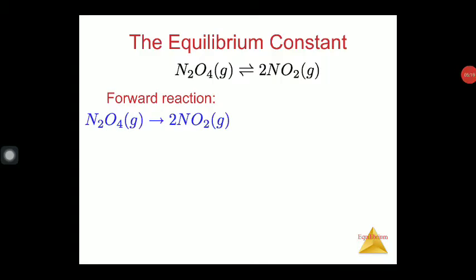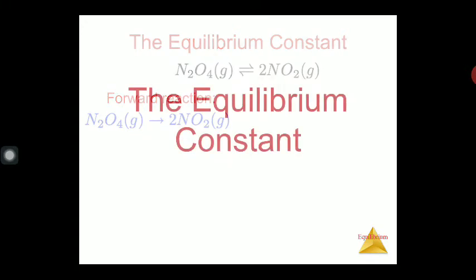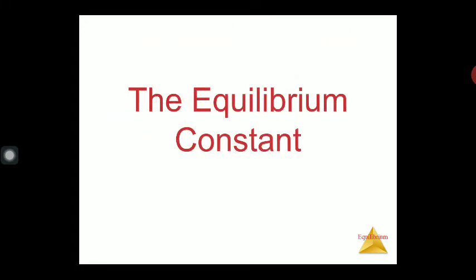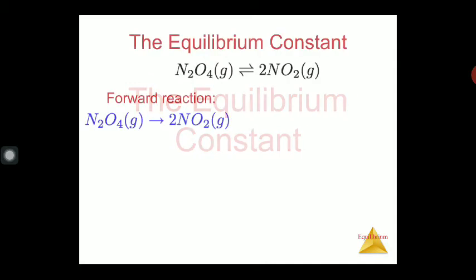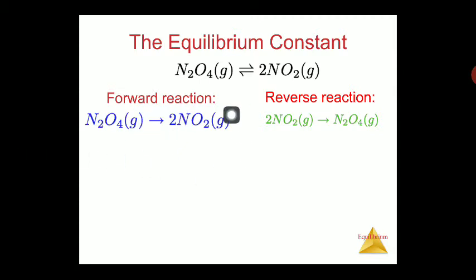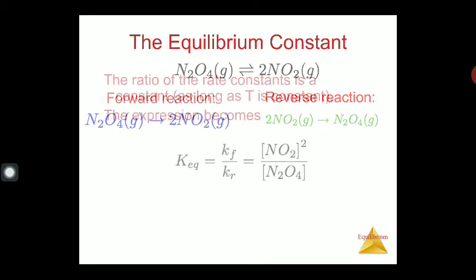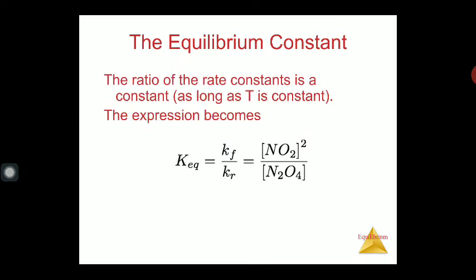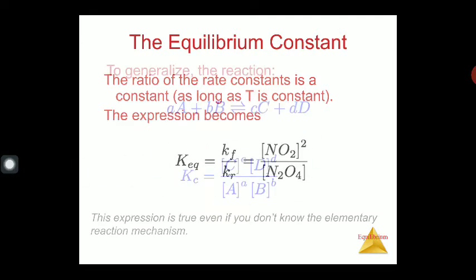After the types of the equilibrium constant, the Kp and Kc, now we have to discuss some of the examples of the equilibrium constant. This is a reaction, N2O4 gives rise to 2NO2. The forward reaction is N2O4 gives rise to 2NO2 and the reverse reaction is just opposite to this one. And now the equilibrium constant for forward and backward reaction can be written as.